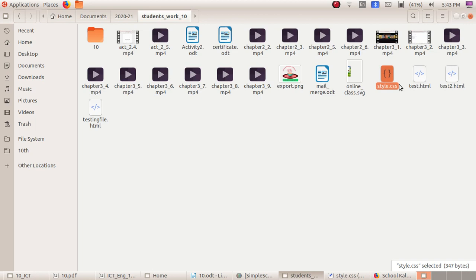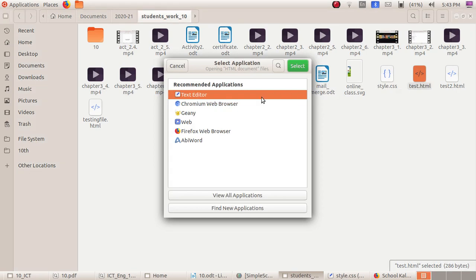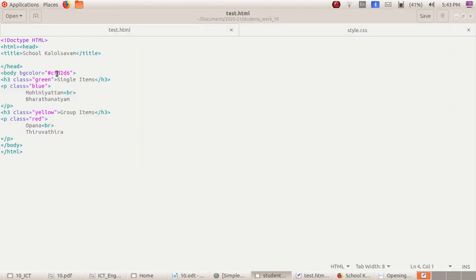For linking, you want to give the name in the test.html. Open with the text editor. Now just below the title tag, here you can give a new code.